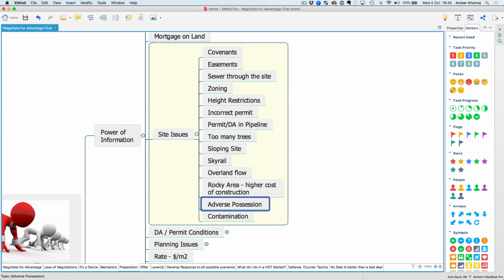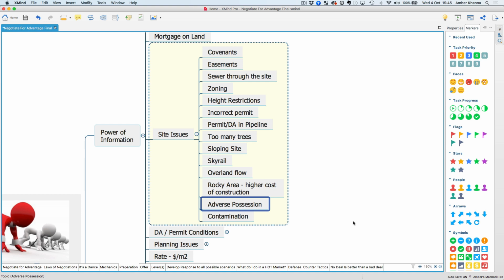Finding all the issues with the site. Are there any covenants? Are there easements? Is there a sewer running through the site? What are the zoning and height restrictions? If they went and got a DA, was it an incorrect permit? Or if they've already applied for a permit and it's in council, they haven't had a decision on it as yet. All these site issues, you must have identified them at the very beginning before you even start